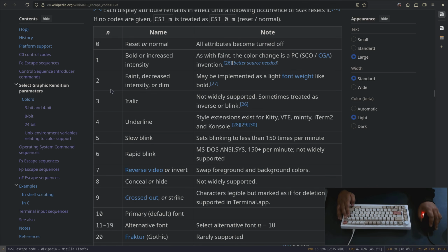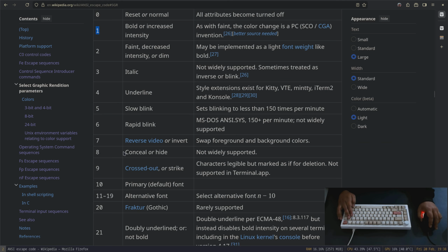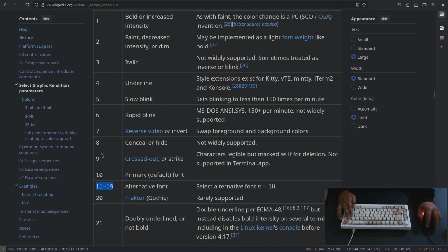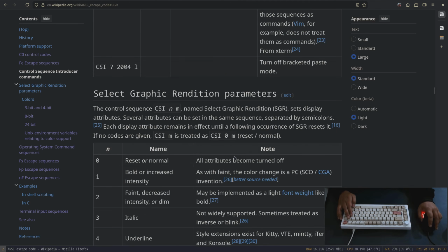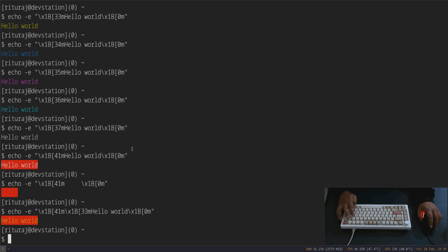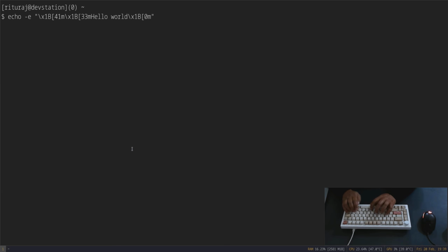So I think this is bold, then this is color. Sorry, this is foreground color. Maybe we can actually combine these two. So it is something like X1B 41, but let's say 31 we don't need, and for now we don't need this thing. So you just